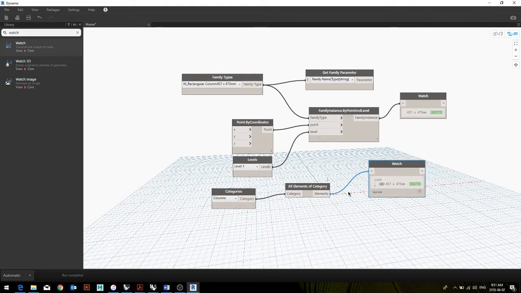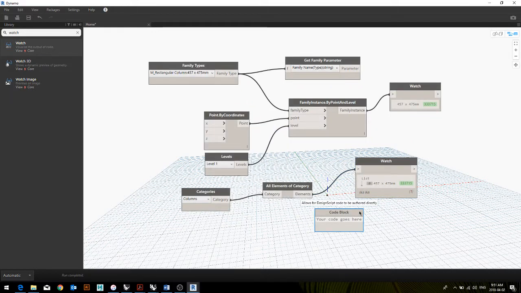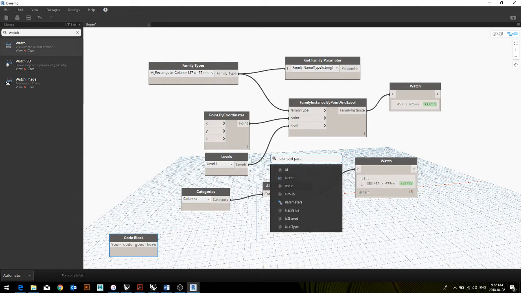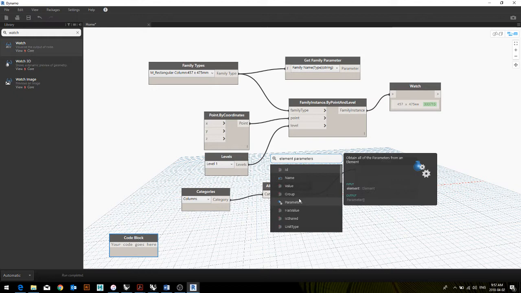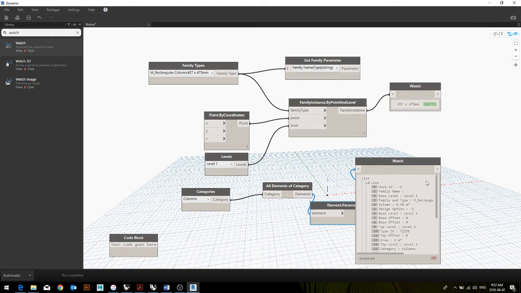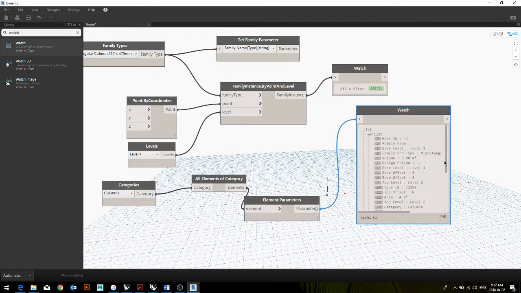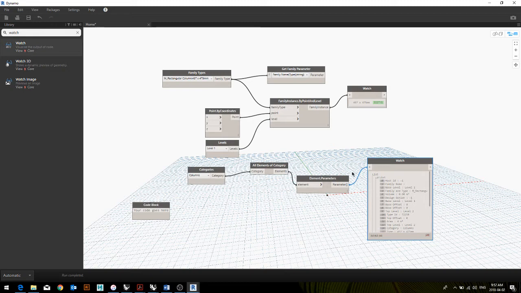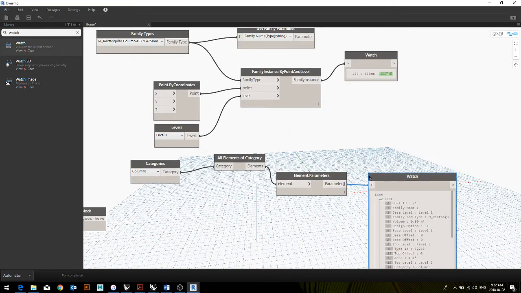And then if we take the element parameters from this guy here, you can see that there is actually like a subheading of all of these other qualities to the element itself, similar to when you go into the edit parameters panel in Revit, and then you can just have total control over exactly what the column looks like, its volume, its mass, and